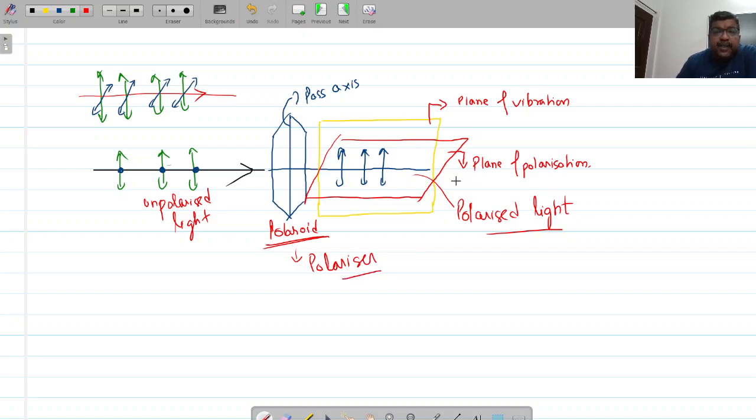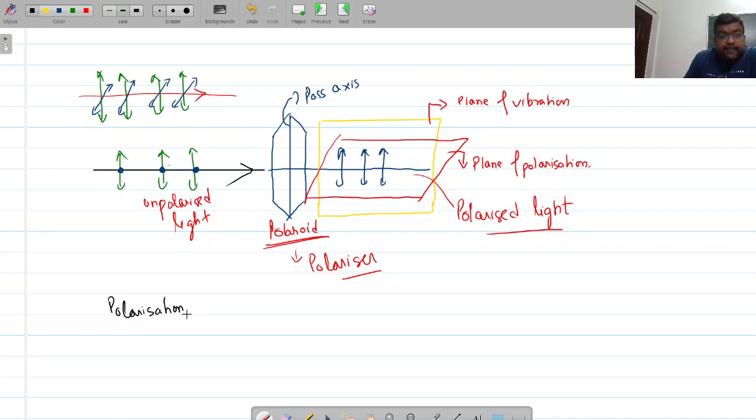Polarizing the light means it is restricting the vibrations to take place on a particular plane. We are forcing the light, making the light in such a way that the vibrations take place on a particular plane. So this process is called polarization. So the definition of polarization will be